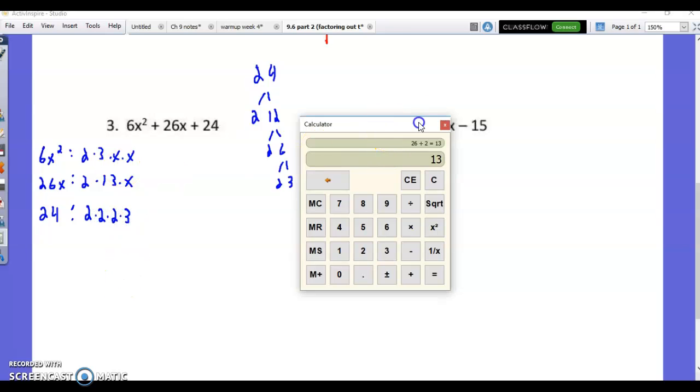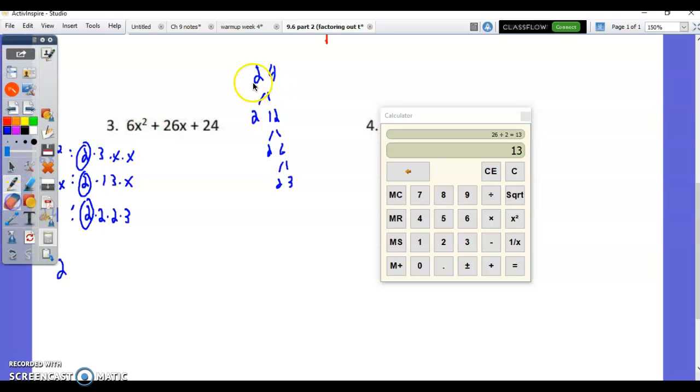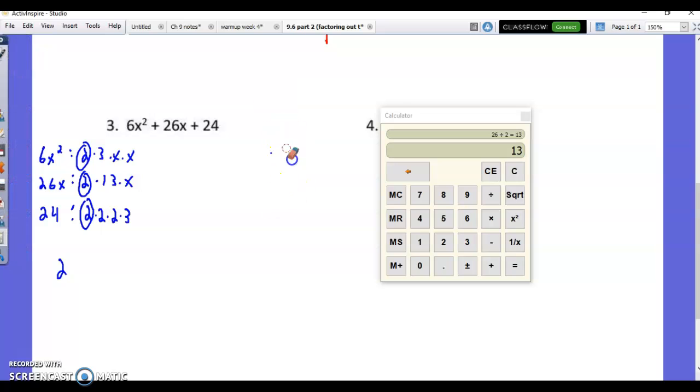All right, now what's in common in all three? Well, we have a 2 here, 2 here, 2 here. So I'll bring that 2 down, and then that looks like it, right? We have a 3, a 13, a couple 2's, 3's, x's, but that's about it. So what I will do is now rewrite this problem